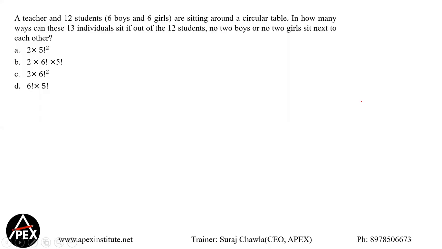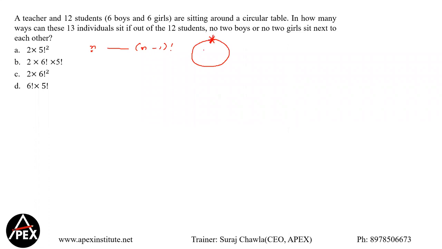Now remember one thing, guys. If there are n people which have to be arranged in a circular fashion, then the number of ways in which I can arrange them in a circular fashion is always n minus 1 factorial ways. Because when I go to a circular arrangement, I do not know which is my starting point and which is my ending point. So to fix a place, let's say I fix this place. So this becomes my starting point.